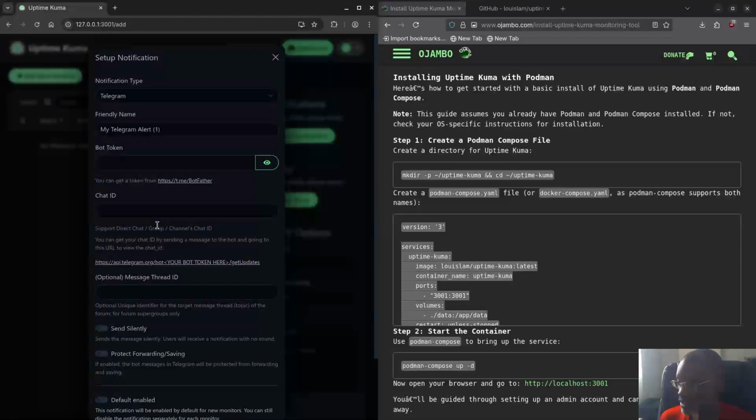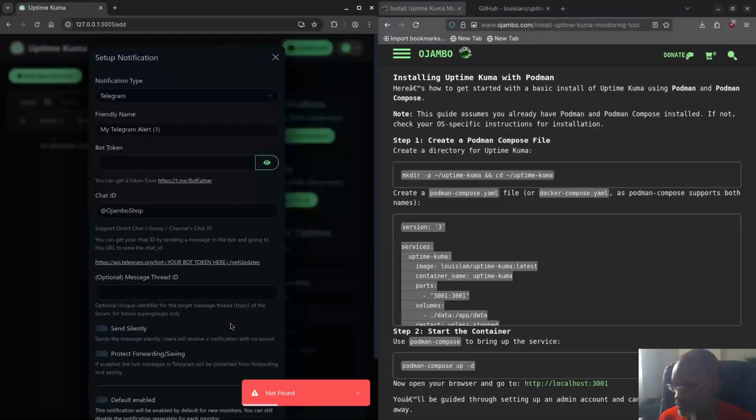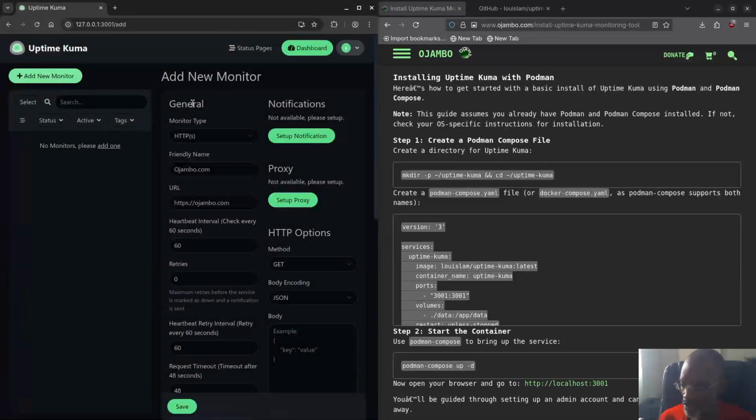I think I'm supposed to add some other stuff here. Oh, I didn't realize it got rid of it. Ojambo Shop. Okay, let me hit test again. It says not found. I don't know what it means by not found. Is it because it's not allowed to go on the internet? Or do I have to put a token here? I'm not sure how this works. Okay, I'm just going to close this now. But that's how you'd send the